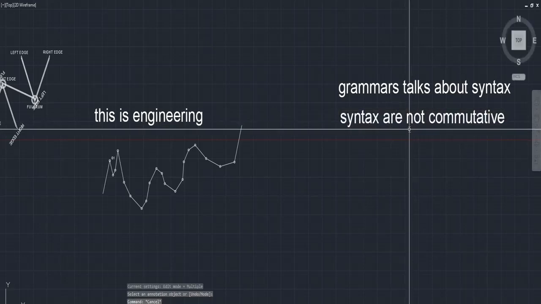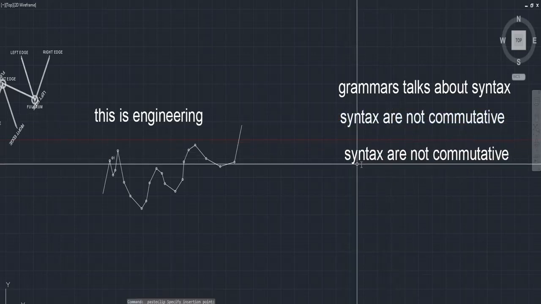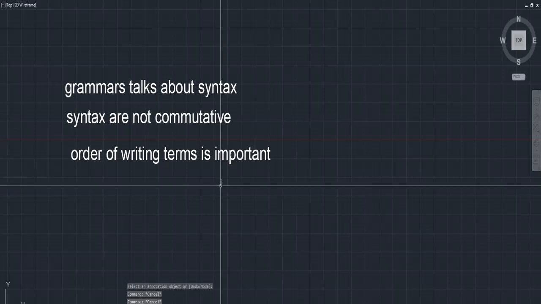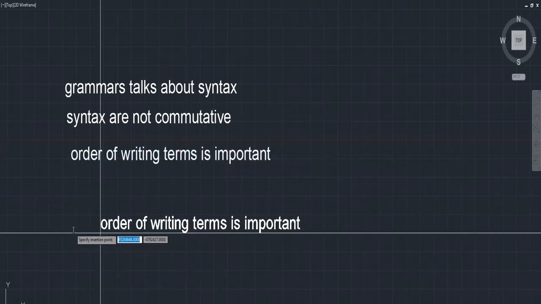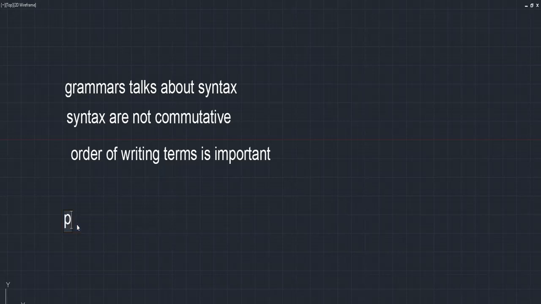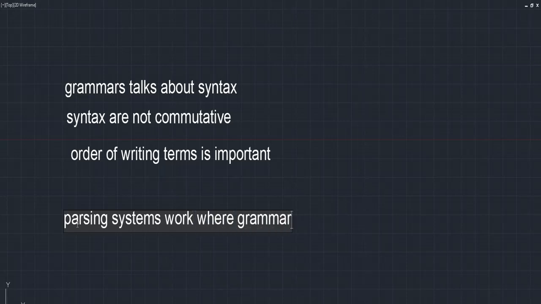So the order of writing the terms is very important. If the order of writing these terms were not important, then LR parsing or RL parsing or any kind of parsing cannot work. Parsing systems work where grammars are